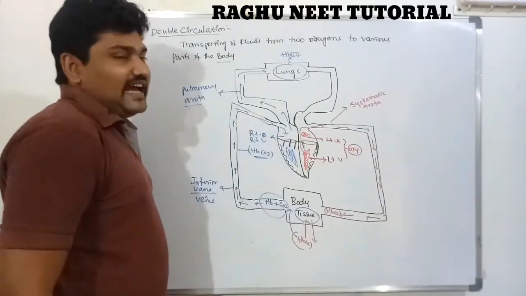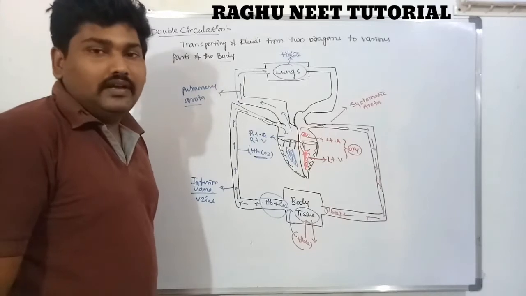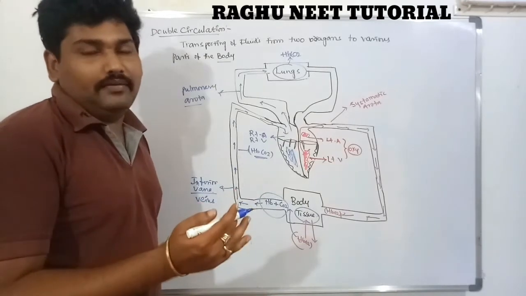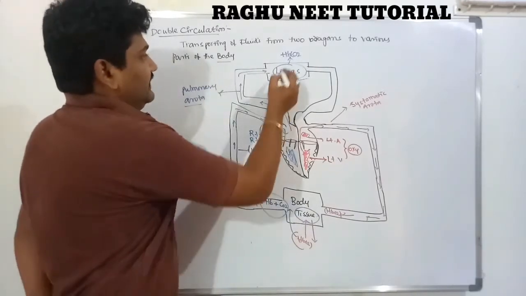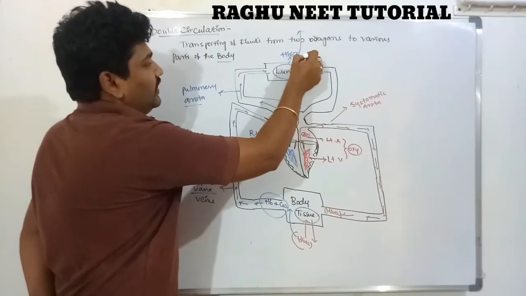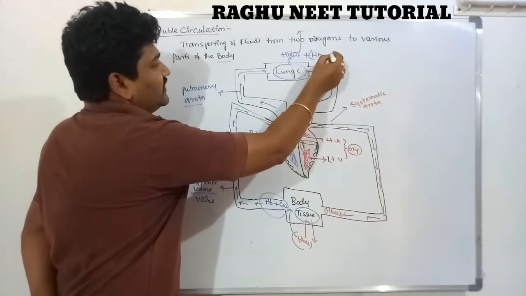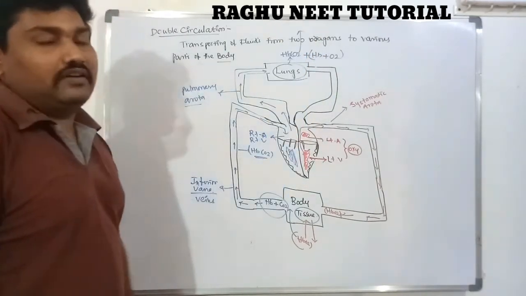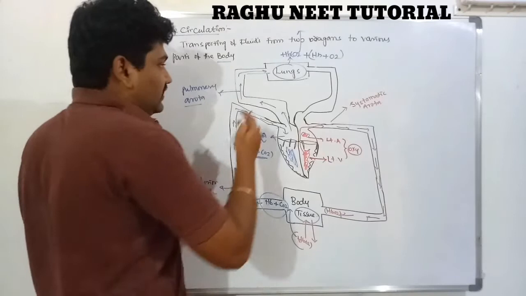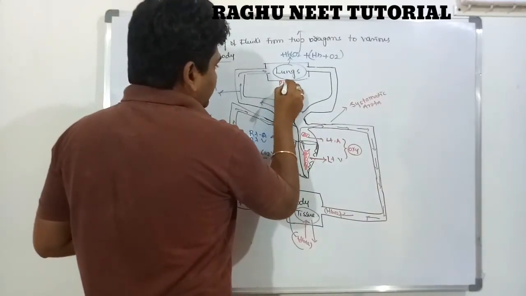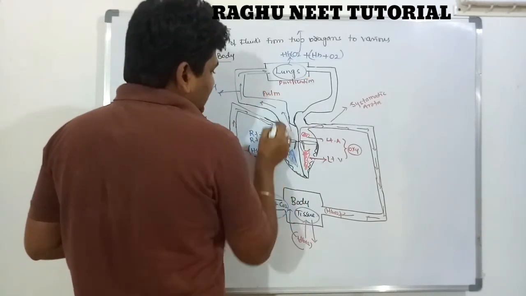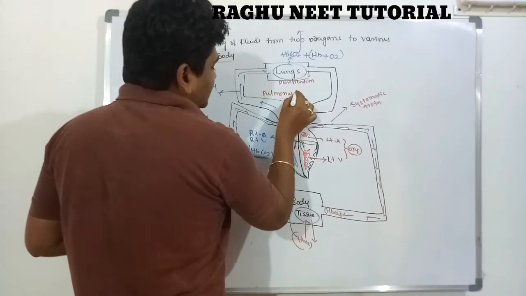In the lungs region, nothing but in the alveoli region, the hemoglobin is dissociated from carbon dioxide. So the carbon dioxide directly comes out of the body through the respiratory system. After the elimination of the carbon dioxide, only hemoglobin is there. The hemoglobin associates with oxygen molecules and converts into oxygenated blood, nothing but purified blood. The purification occurs in the lungs region. This type of circulation is known as pulmonary circulation.